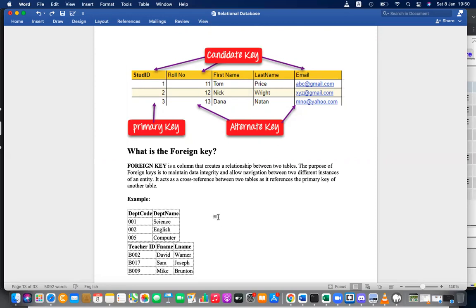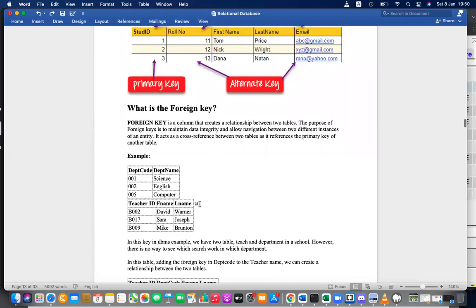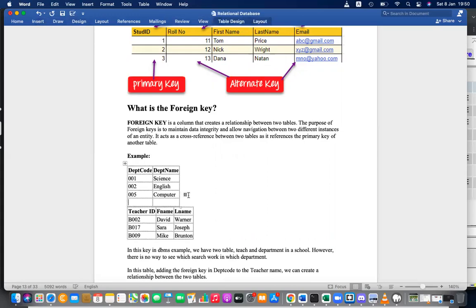Okay, let's see the example given below. You can see department code, department name, teacher ID, first name, last name. When you read these tables, there is no relationship between the two tables. These are isolated tables with no way to link them.